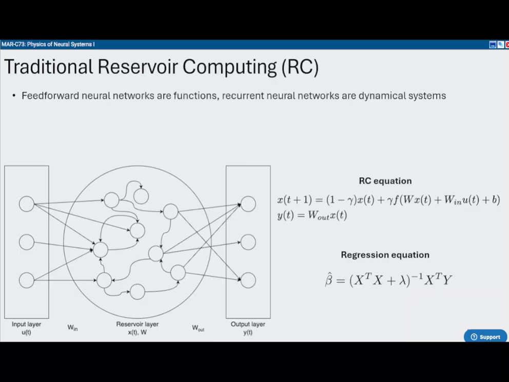First, a reservoir computer is a subset of the recurrent neural networks, and the key difference of these recurrent neural networks